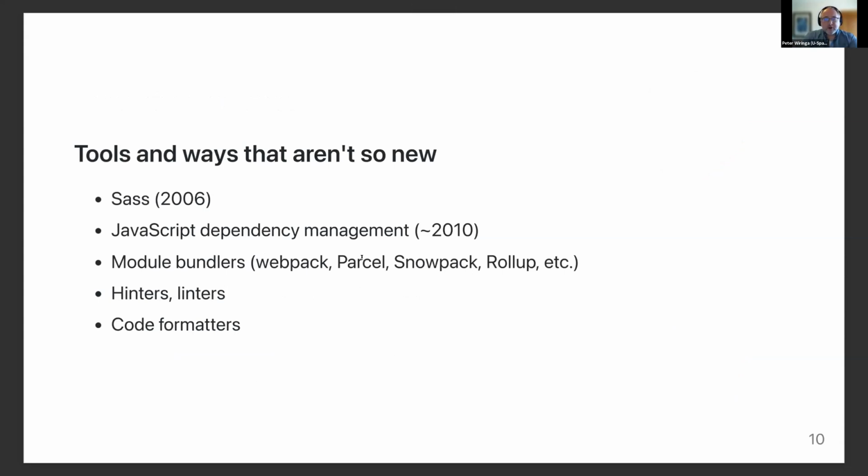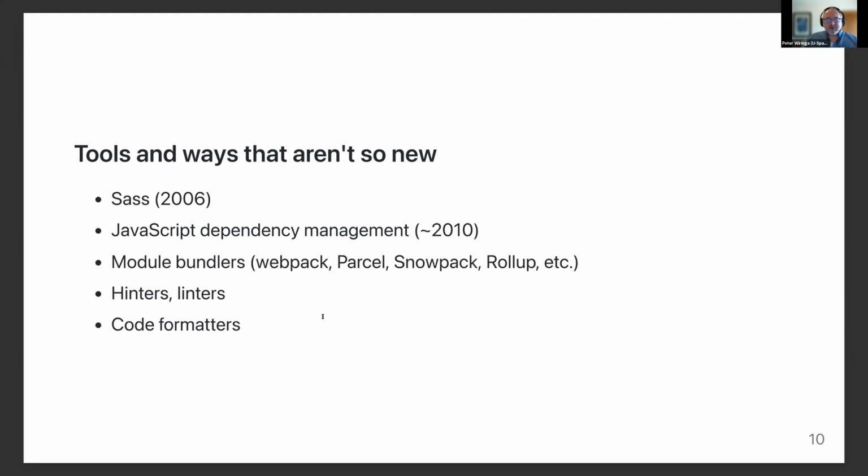So I talked a little earlier about old school ways of doing things, maybe 3 files and some images. Well, so what's the new way or the newish way? And some of these ways aren't that new. And we're going to go through some of these in the next set of slides. Sass, a different approach to cascading style sheets. 2006,